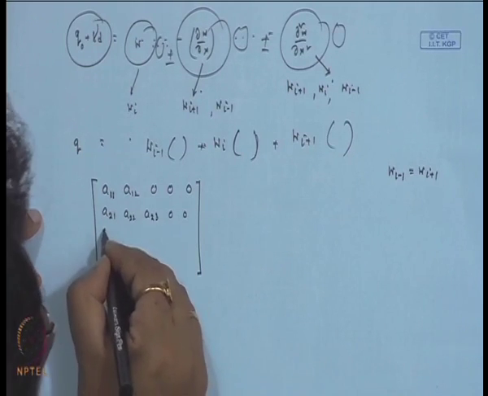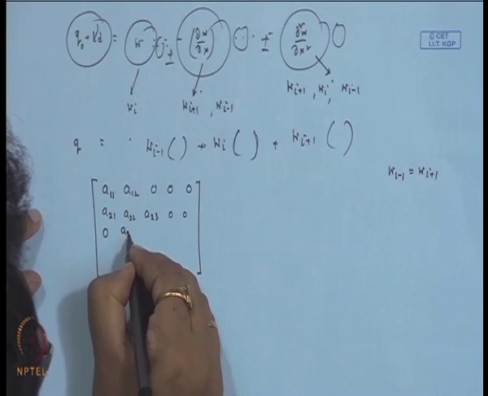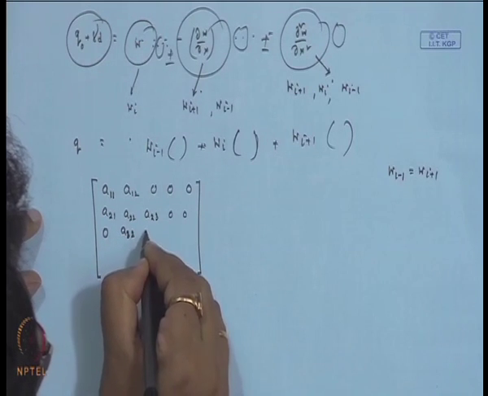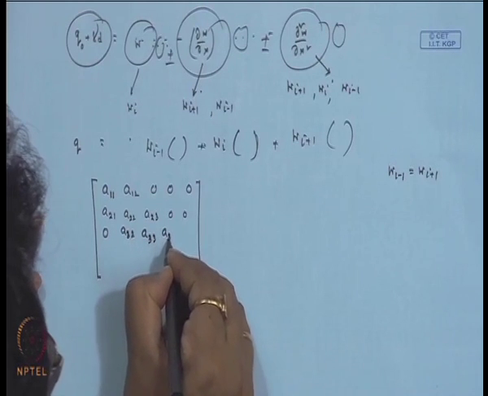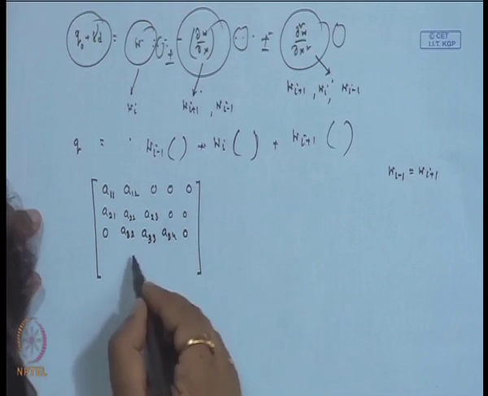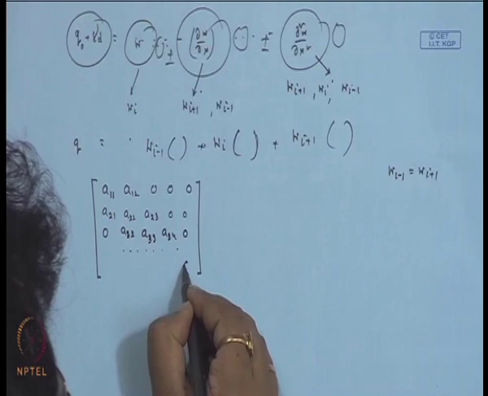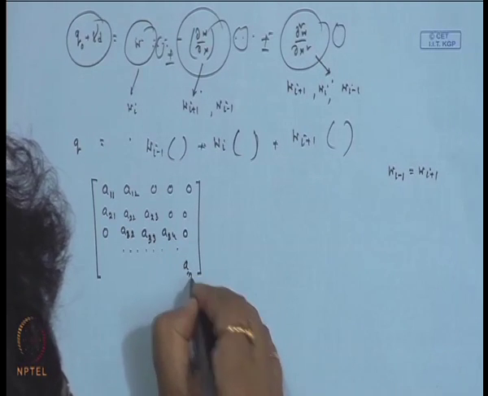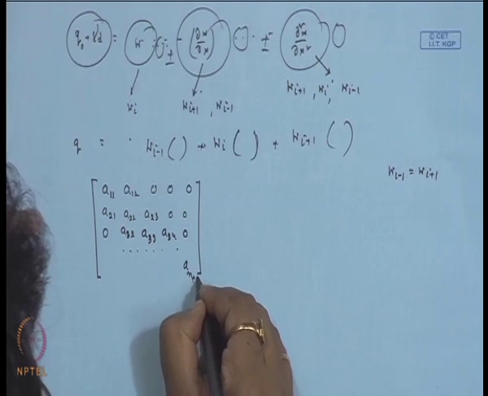In the third one we will get 0, a 3 2, a 3 3, a 3 4, then 0. Similarly, for the last one we will get a n plus 1,